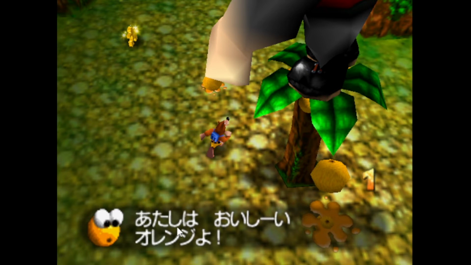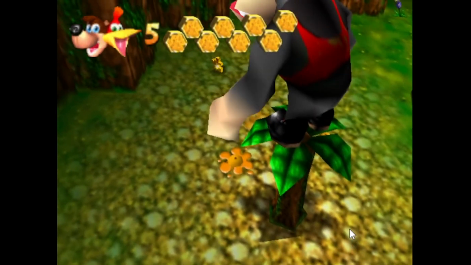I don't think I've ever heard someone say atashi in real life. People don't really say it, but it does show up in games and probably in anime. I don't really know so much anime, but it's probably in lots of anime, I would imagine. So oishii is delicious and orenji is orange. So I'm a delicious orange. Is that it? Okay.